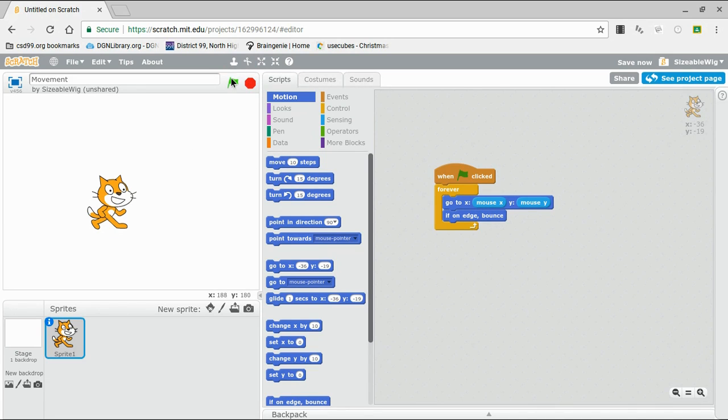So if we just start it, as you can see when he hits the corners he won't go into them, but he also will move around. So he won't be able to move into the corners and kind of hide his body or whatever. And